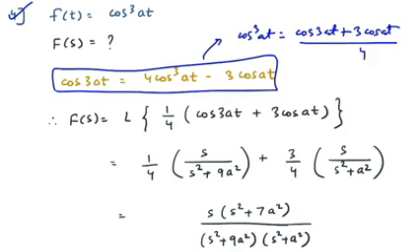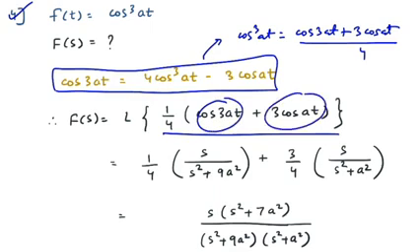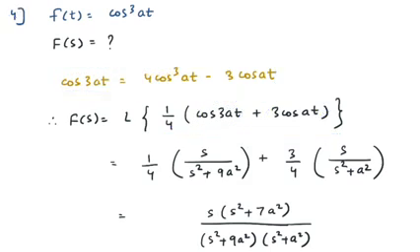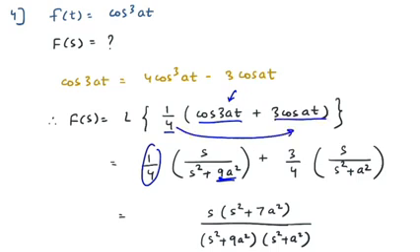Okay. So if you use that identity, now you can say that two functions are in the addition format, right? This is our first function, this is the second function. Now you have to split the Laplace and get the final answer. So Laplace of cos 3at upon 4, it would be 1 by 4 is constant, so take it outside. Then Laplace of cos 3at is s upon s square plus omega square, where omega value is 3a, so you have to plug in here. Omega square would be 9a square. Similarly, 3 cos at upon 4, so 3 by 4 is constant, take it outside. Laplace of cos at would be s upon s square plus a square, and do the simplification, the final answer would be this.